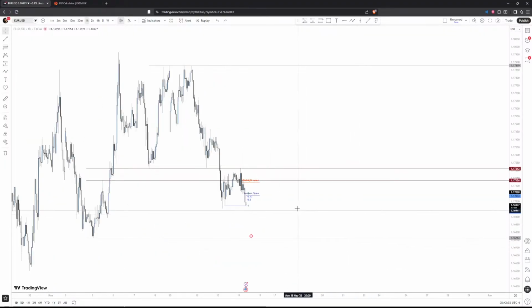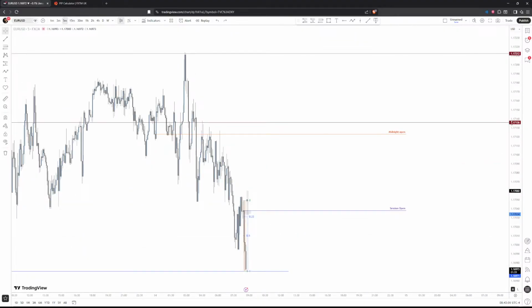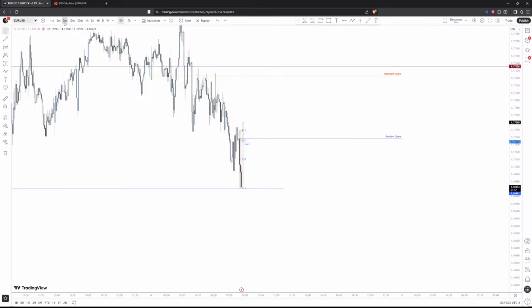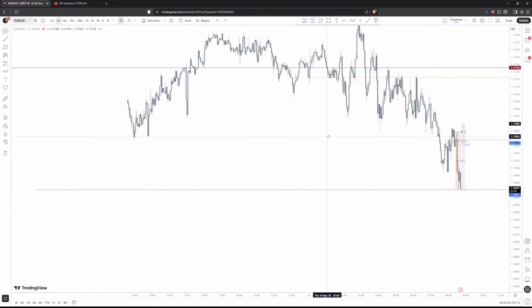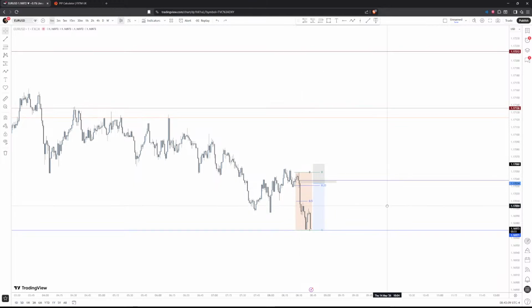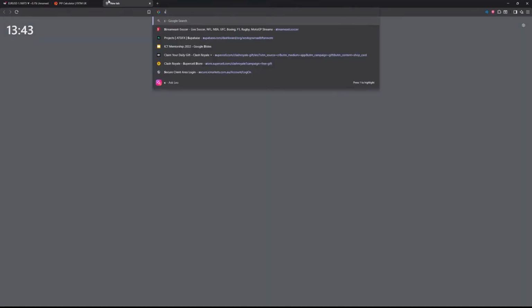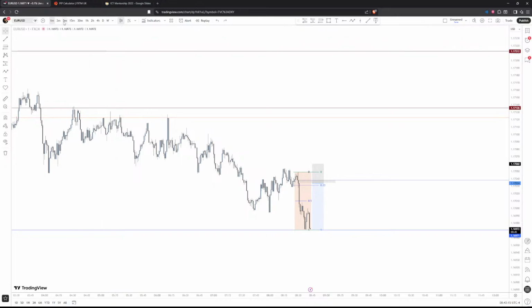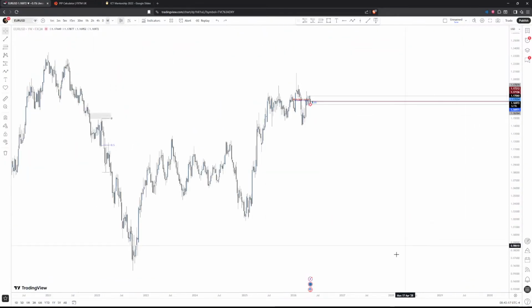So going back to EU, we are going to be bullish eventually, but I think our bullish entries will start from here. That's my anticipation. Whether that happens or not, we'll see. But yeah, the price doesn't look like it's slowing down at all. Yeah, that will be our posture. In the meantime, we can have a look at GU.